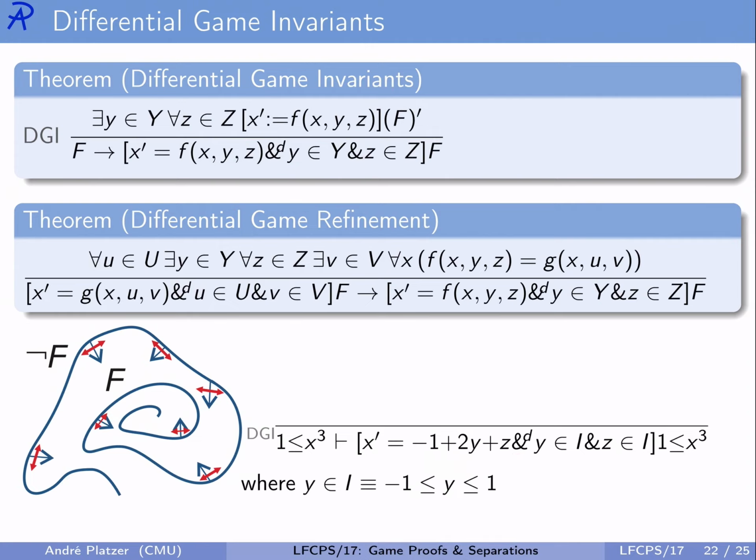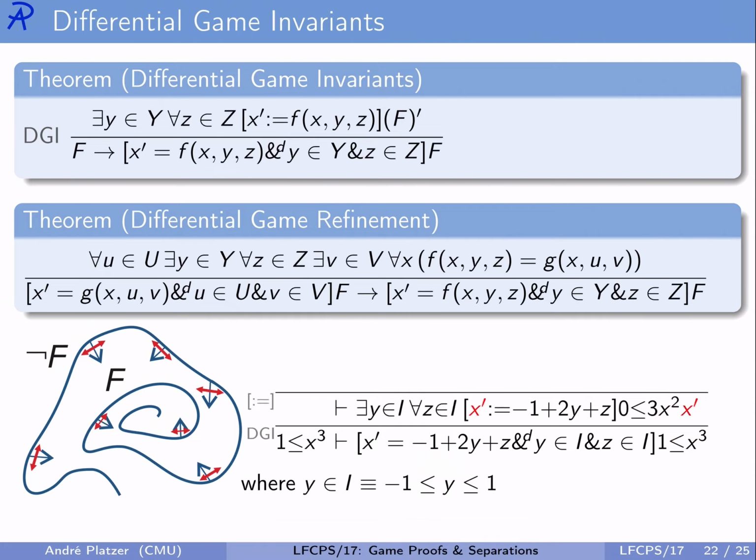Now we prove this just by using the differential game invariant principle. So we prime the postcondition. So that gives us 0 is less or equal 3x squared x prime. And we keep a discrete shadow of the differential game around. So x prime is assigned to be the right hand side, -1 plus 2y plus z. And we ask, is there locally a choice for Demon, such that locally every choice for Angel makes this thing